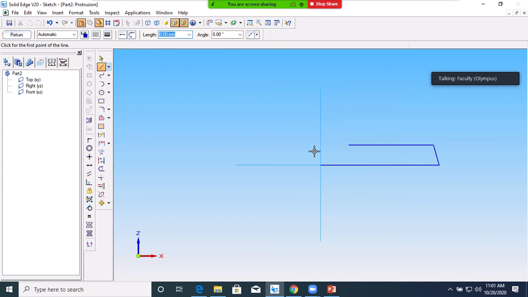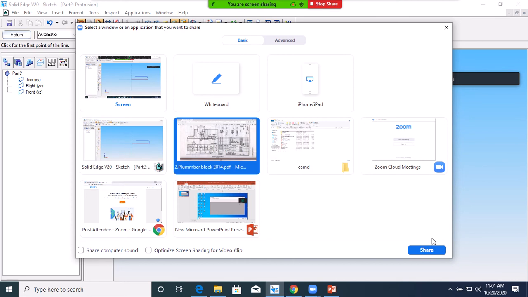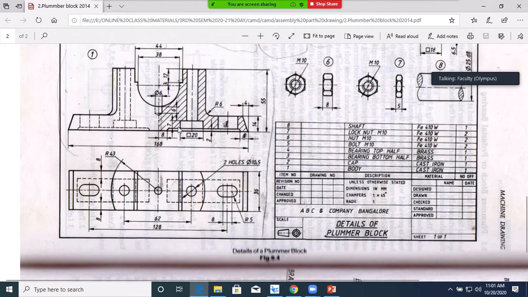I don't know as of now, we'll see later. So here I created this much profile. I don't know this length, so I just extended this portion. I will start the remaining drawing from this point. What is the height of this main body? Height is 55, right? So from this point, you take 55 mm at 90.